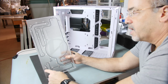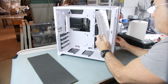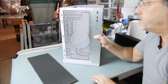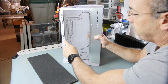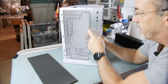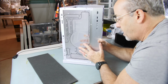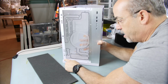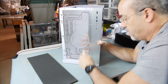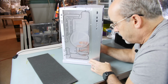There's a couple of little slots right here and here, and I'm looking in the case, and what that does, hopefully you can see this, is it accounts for these rivets. There's some rivets actually on this side, so they have it in the right spot. That's a good thing. Although there is some movement in here, and there is another rivet down here that does not allow this to meet flush. So up here it's flush, but down at the bottom it's not. So I might have to remove that rivet or shave it down. Oh, there you go. I got it over that one,